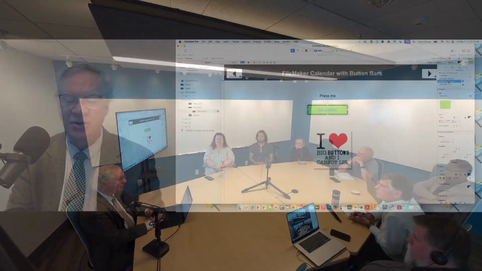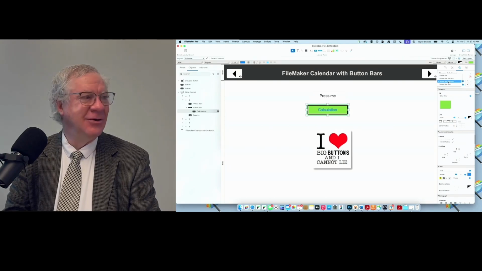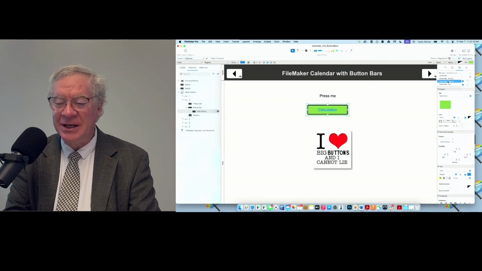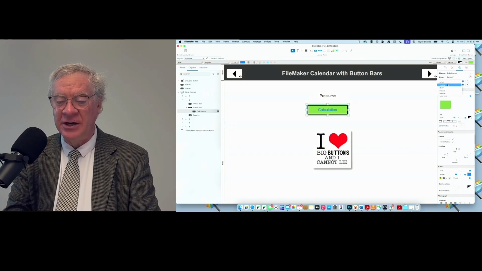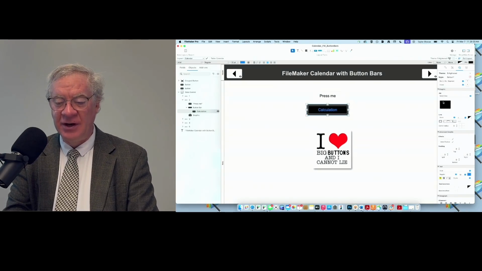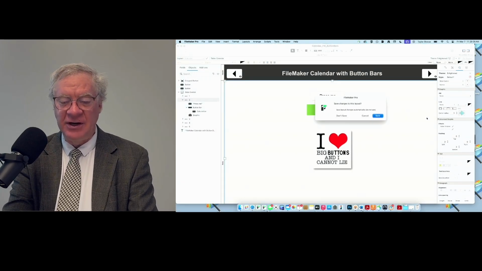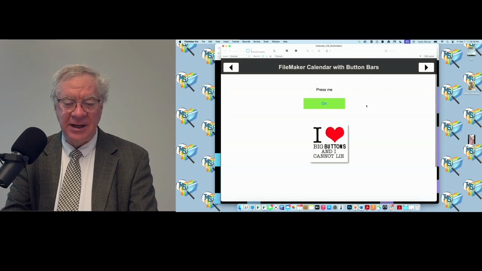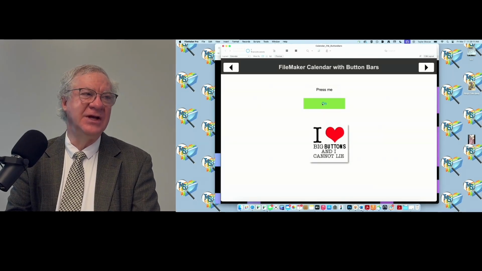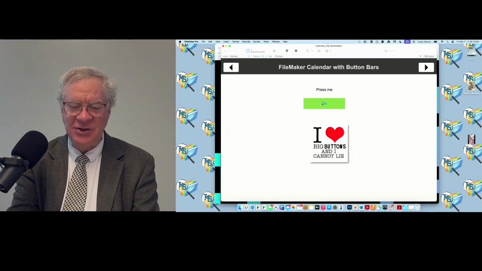So you can really control everything. And what's really nice is you can control an awful lot of things about a button. And it used to be it was just the background, but now we can do such things as changing, well, you could do the icon before, but you can control the dividers and the actual bar itself. But among other things, like in the segment, you can also control all the things like if I hover, I want it to go to yellow or something. So I've changed the hover over there, and if you go in here and you hover, you have to have assigned it a script or something, otherwise it won't do it.